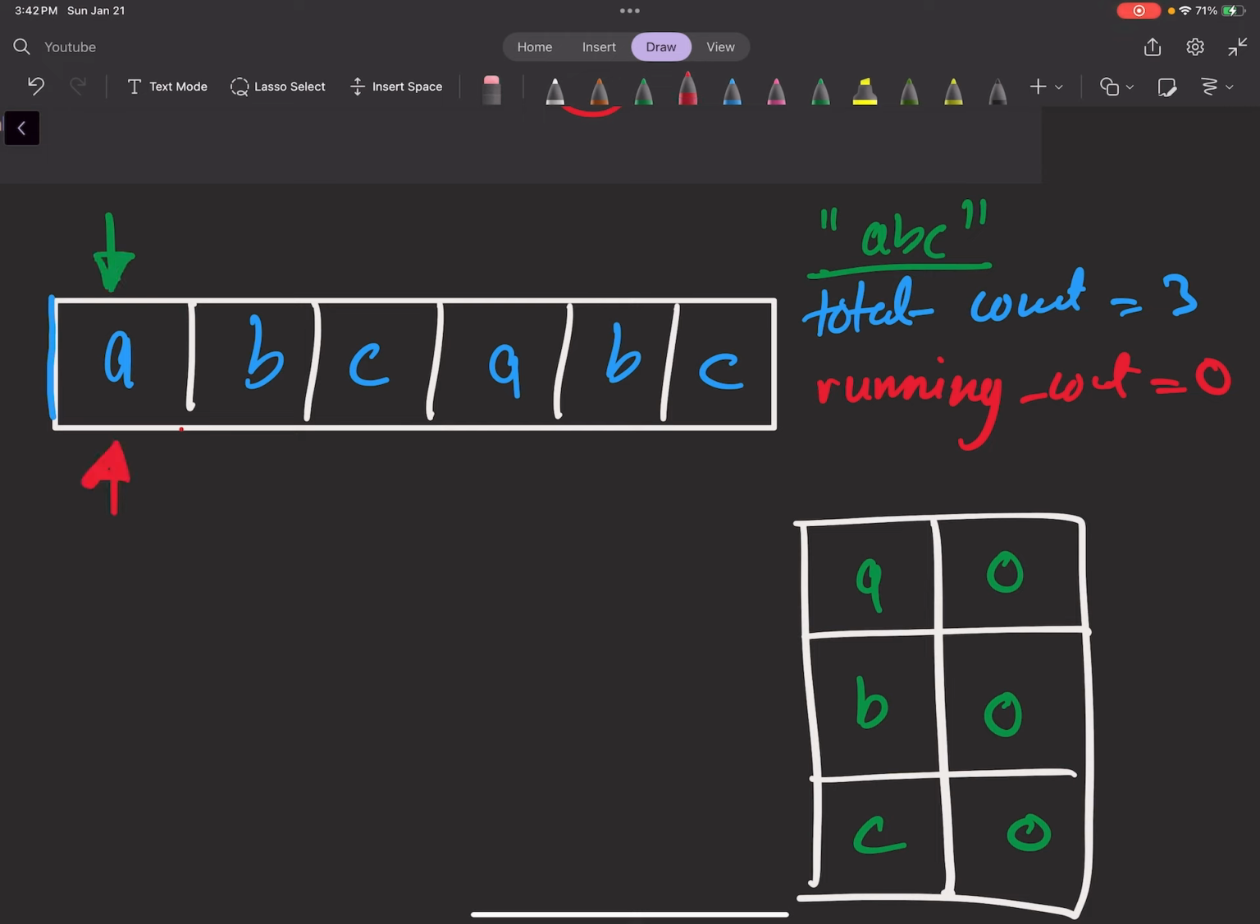In the 0th index we have A. We check if A is already seen. If we have seen it, the number would not be 0. So we update A to 1, and also increase our running count to 1. Now we move our right pointer to the next index right here, and we check B. Is B already seen? If it's 0, then it's not seen. So we update B to 1, and also update our running count by 1,